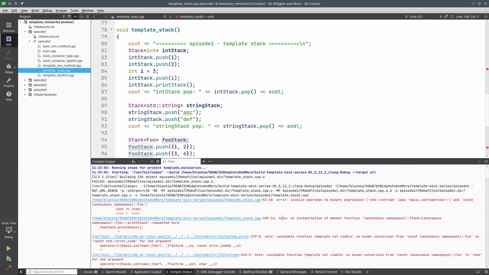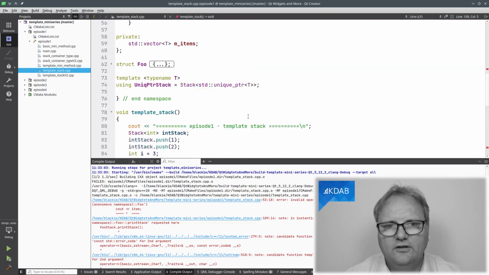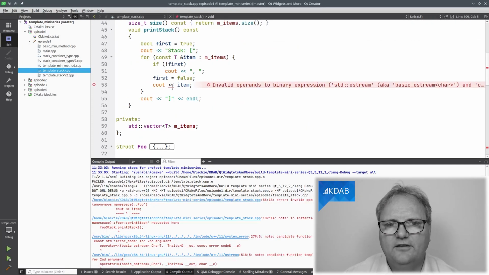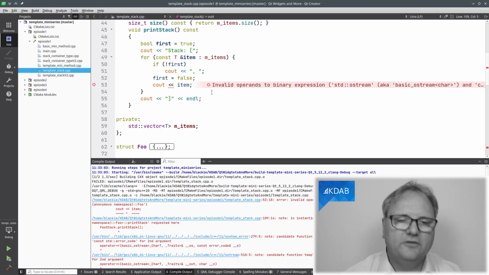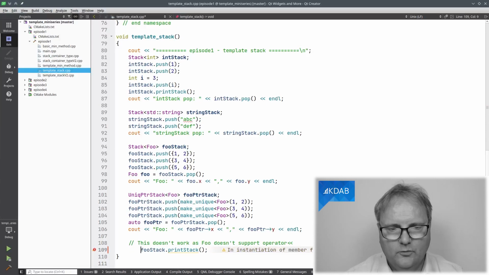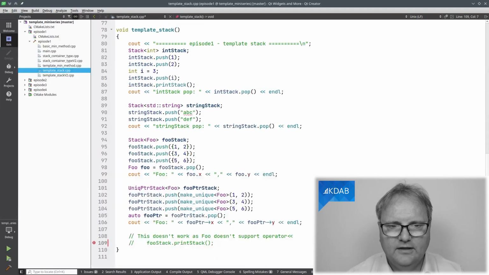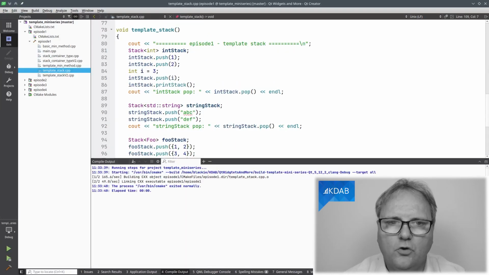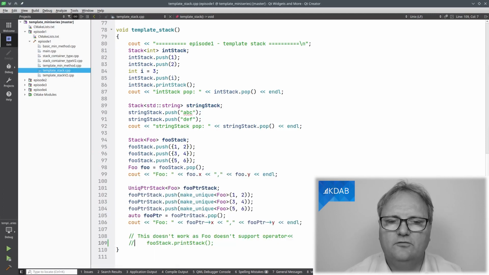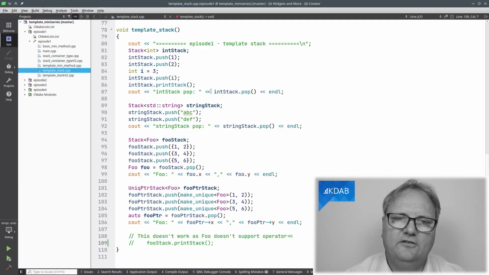that, hey, I am sorry, but you are trying to take the O stream here and you are giving it a foo. And on this line here, cout less than item. And that actually comes up from this line that we have right here. We're trying to print out. But given that, up until this point at least, I wasn't using my foo stack to call that particular method, it was just fine. So that's a very important lesson about templates.